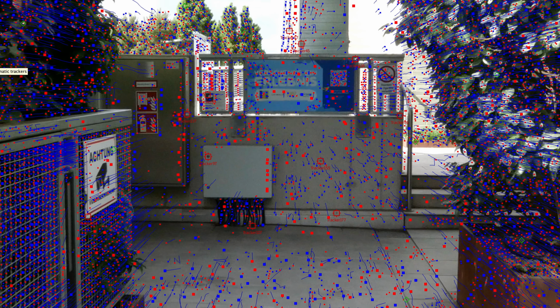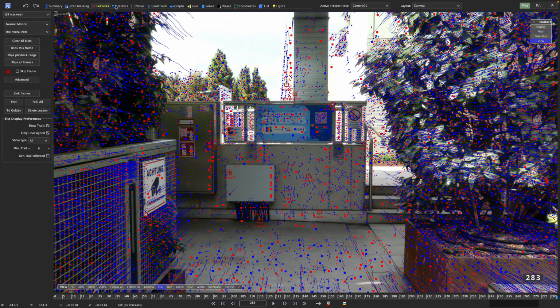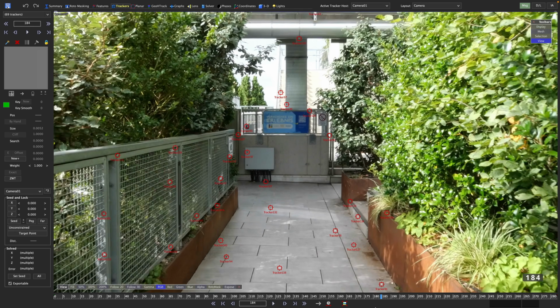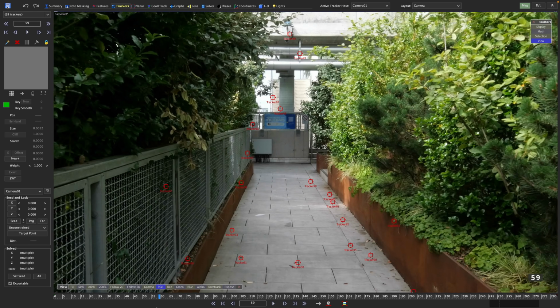But don't forget to press Delete Leaden. Unlike before, this will not clear out all the trackers, but just the ones that have not been converted to manual trackers before. In this class, we learned how SynthEyes sees its raw tracking data, the blips, and chooses suitable